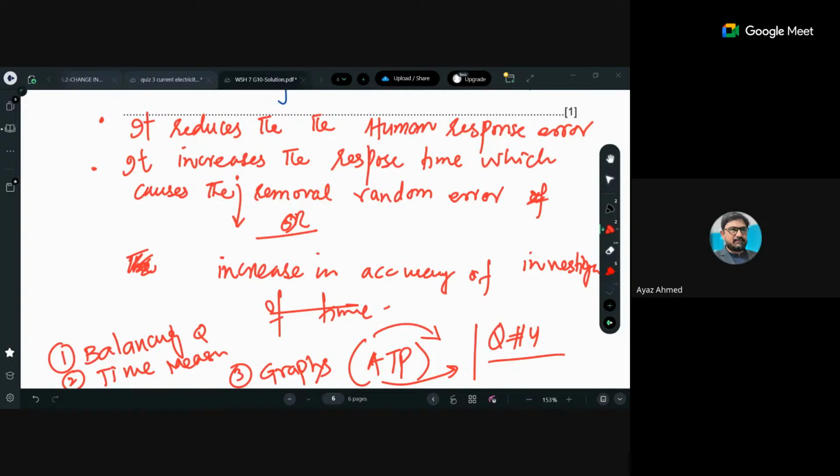You need to work on space physics, mostly the electromagnetic spectrum. I have discussed it with you, but it is not properly prepared. So I request you all to go through the notes this weekend, so that most of the things should be in your